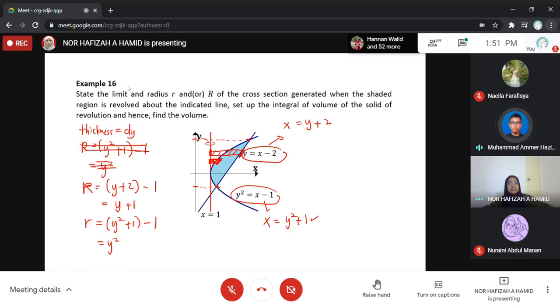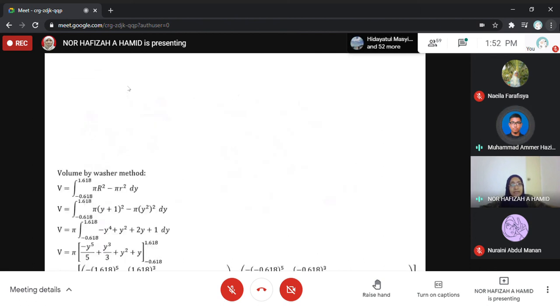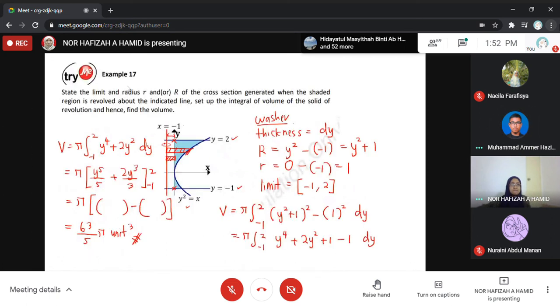Ada soalan tak? Apa-apa? Madam, boleh tak madam balik ke example 17? Example 17. Ini. Yang tadi. Sekejap. Okay. So kita kalau ikut yang